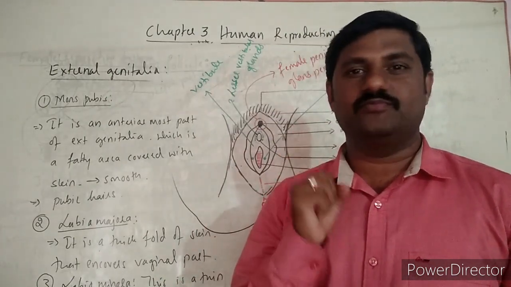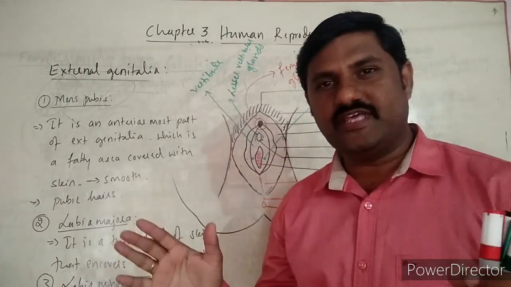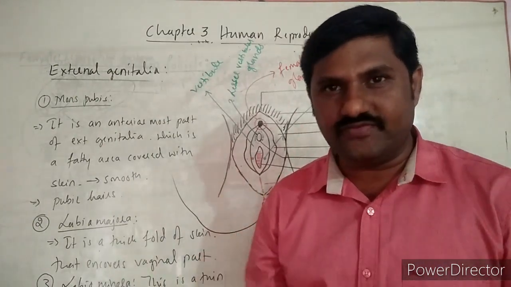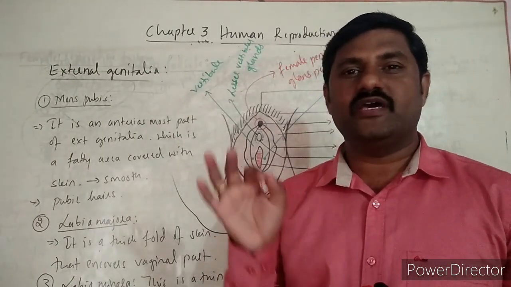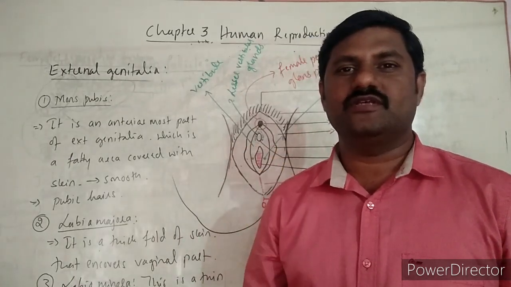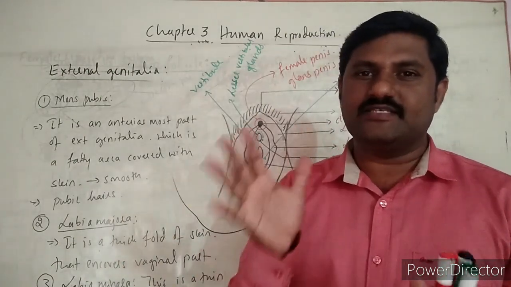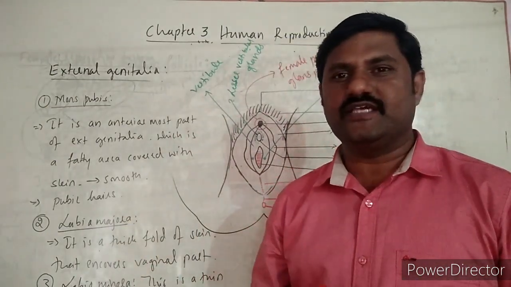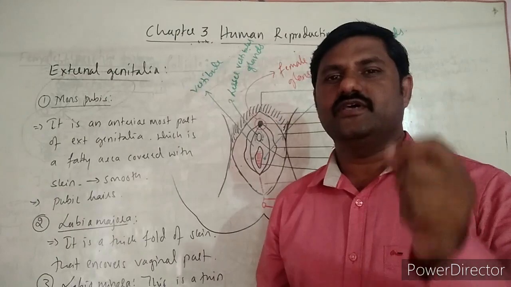Through these mammary glands, all the mammals will feed their young ones, right? After the parturition or delivery of the baby, the nourishment of the baby is done by these paired breasts or paired mammary glands present in females at the chest part. They are also considered a part of the female reproductive system. That's why it is essential for us to learn about the breast or the mammary glands in case of female.